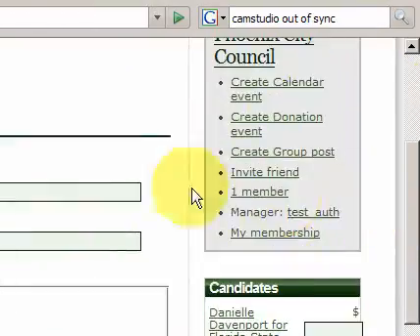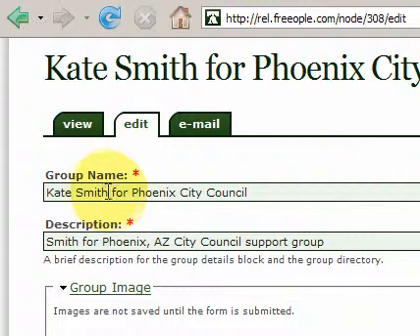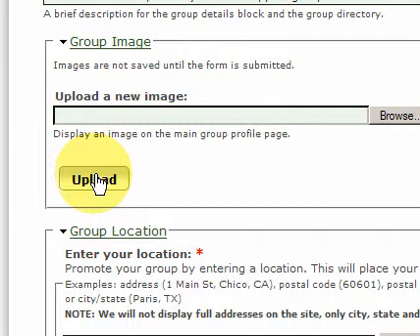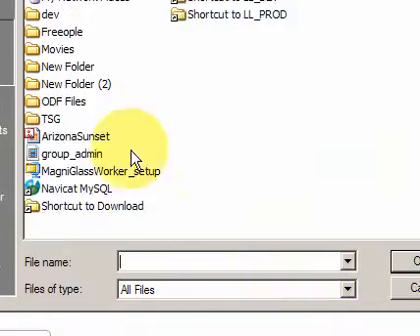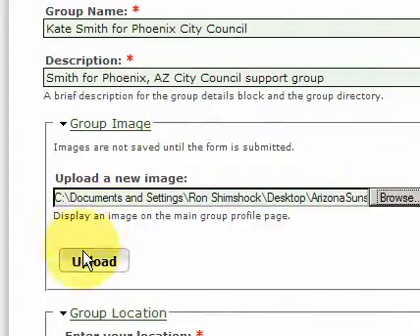After we click on the Edit tab, we see that there are many of the same options available to us that we saw when we initially created the group. We can edit the group name and description, we can add a group image, we can set our group location. Let's go ahead and add a group image to this so that we see an image showing up on our home page. We'll click on the Browse button, we select the picture that we want to add, and we click